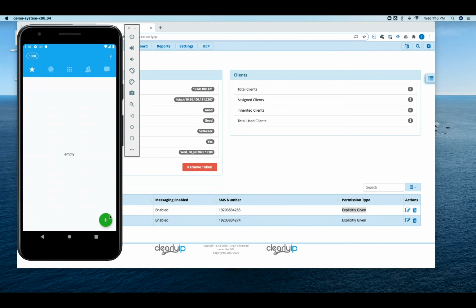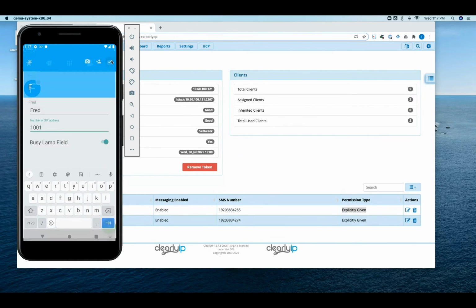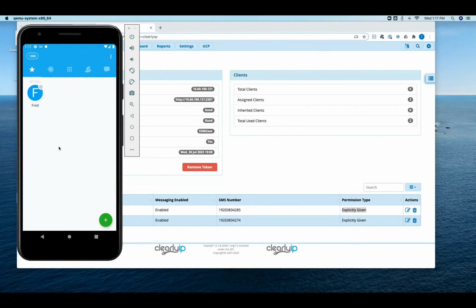We are working on this being server-side where you can lay out templates that push to your users as a starting point of what BLFs you want them to have, and then they can tweak it from there if they want. So it's pretty easy. You just give it a name. So let's call it Fred and 1001. Enable BLF for Fred. You can obviously upload a photo if you want that'll be tied to that contact and save it. And now we can see anytime Fred's on a call,